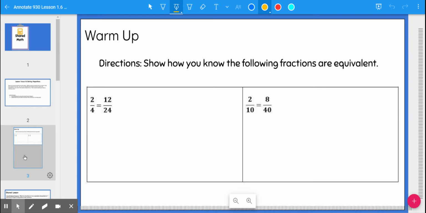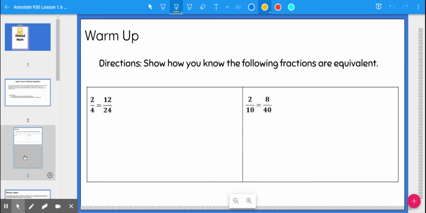So our directions are to show how you know the following fractions are equivalent. We have 2/4 is equal to 12 over 24, and 2/10 is equal to 8/40. If you would like to pause the video here and come up with your answers, that is fine. Okay, now, you should have come up with a few different answers potentially, but one way you could do it